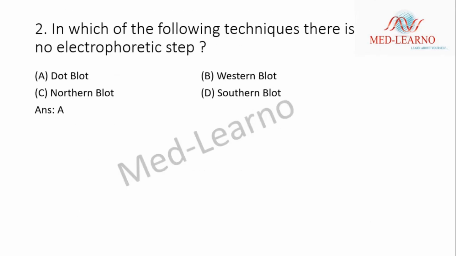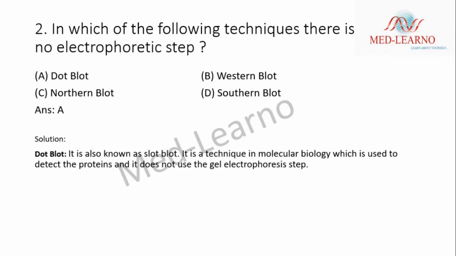In which of the following techniques is there no electrophoretic step? Options are dot blot, western blot, northern blot, southern blot. Answer is option A, dot blot. Here, the dot blot is also known as slot blot. It is a technique in molecular biology which is used to detect proteins, and it does not use the